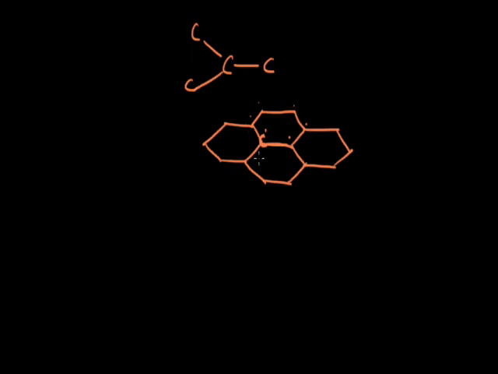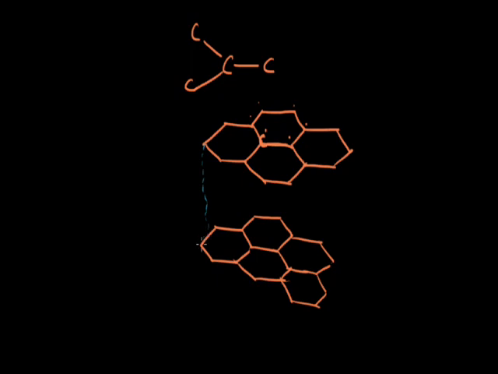Between the layers of graphite, a different force exists, and this force indicates different properties of graphite. Between the layers of graphite, a weak force of attraction exists. This force of attraction is called the van der Waals force of attraction. Due to this weak van der Waals force of attraction, these layers can slide over each other, and this is the reason why graphite is used as a lubricant.